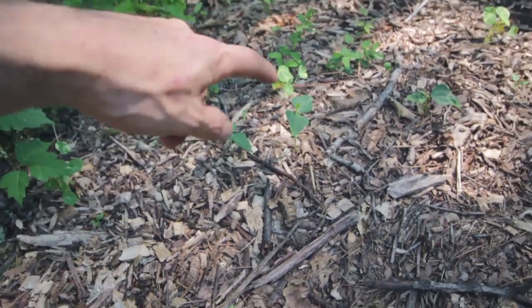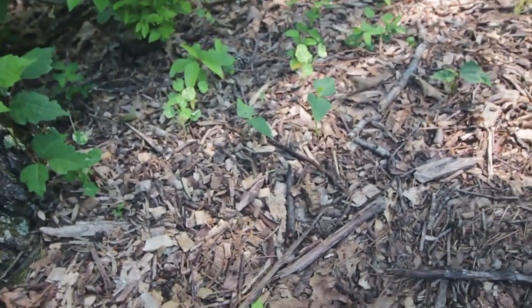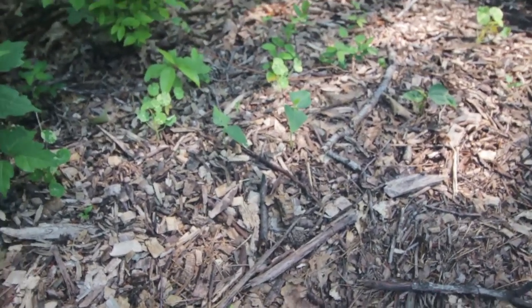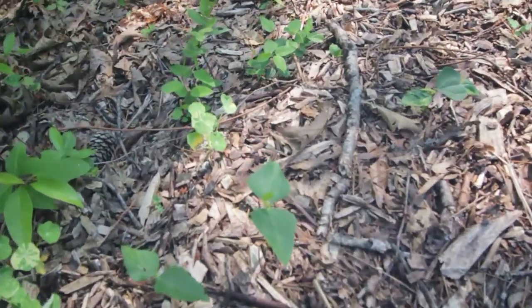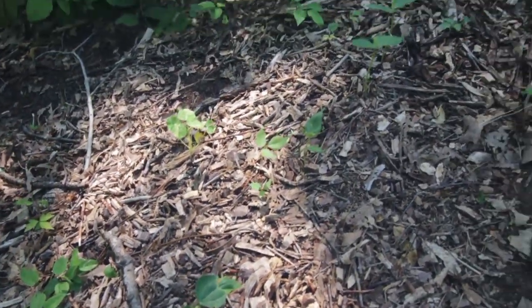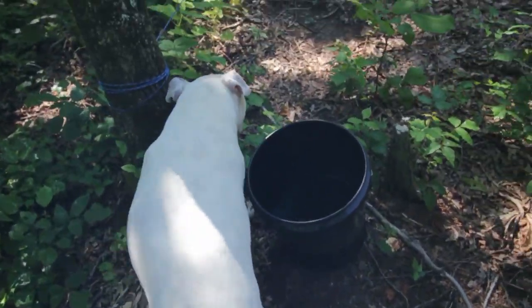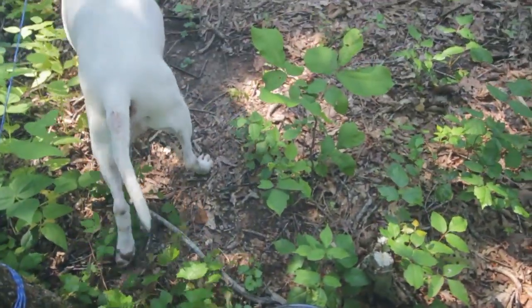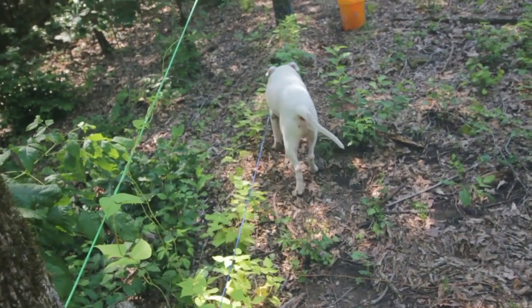So 1, 2, 3, 4, 5, 6, 7, 8, 9. I think I have 9 over here, and Bobblehead was really looking forward to these as well, so I'll give him some, and I'll give him some seeds for next year too, if my dog stays out of them, which is unlikely. Do not get, don't even,